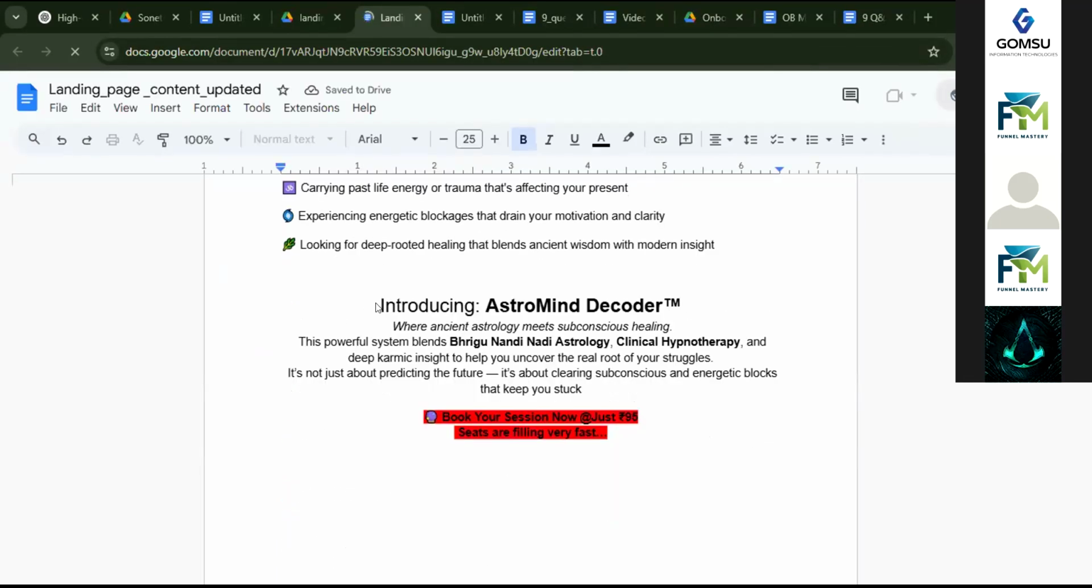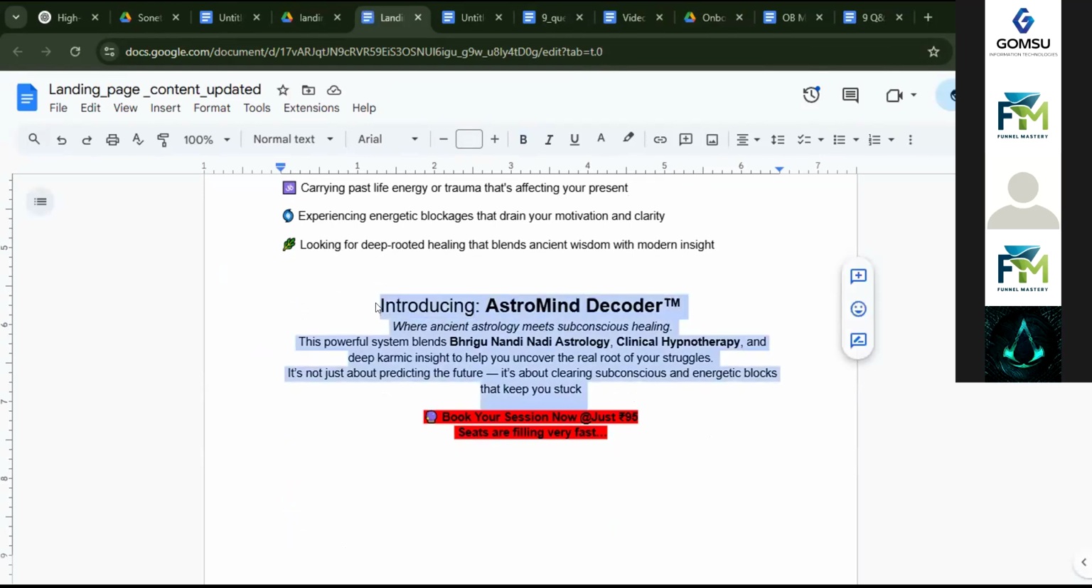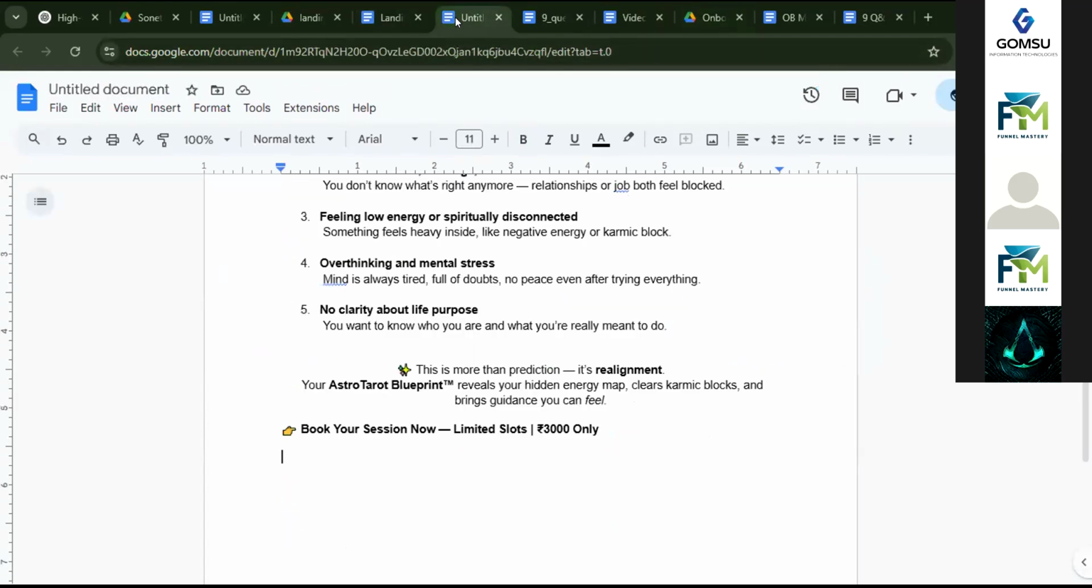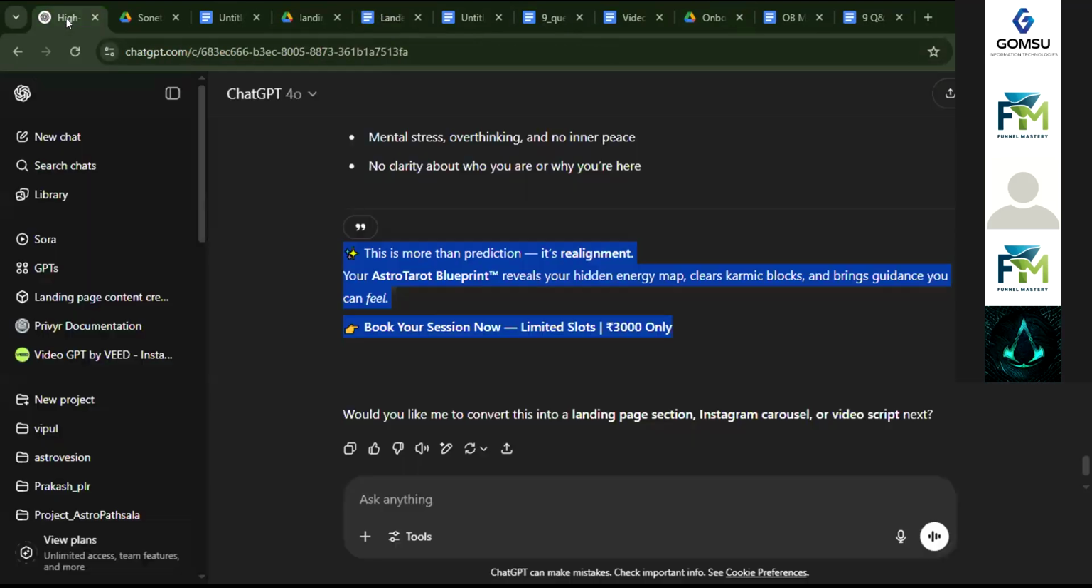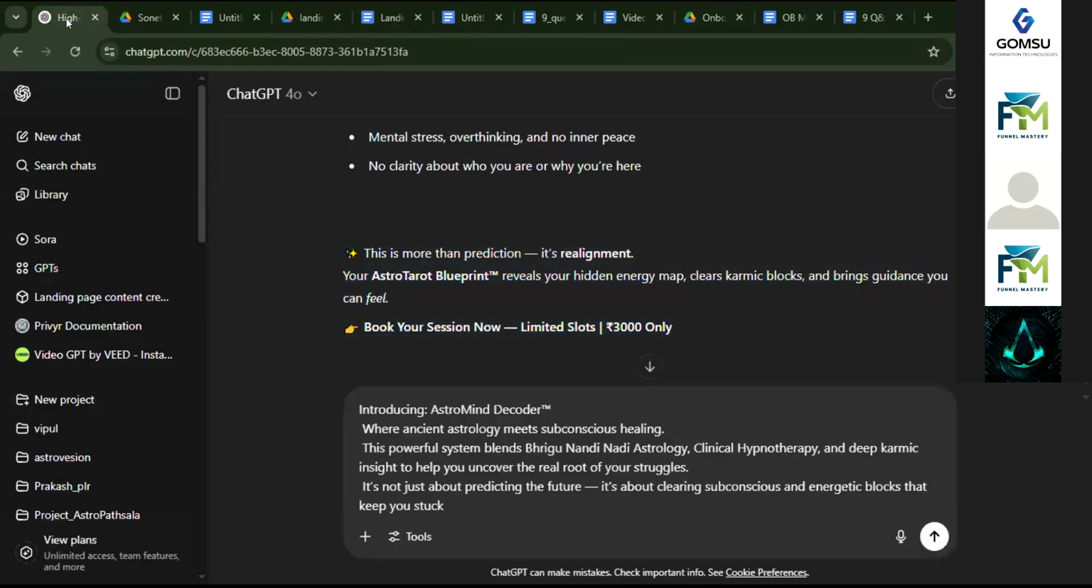Yeah, I was expecting this type of prompt, but ChatGPT provided this one. So if you want this kind of prompt, you can copy and paste it here. So you can ask ChatGPT, hey